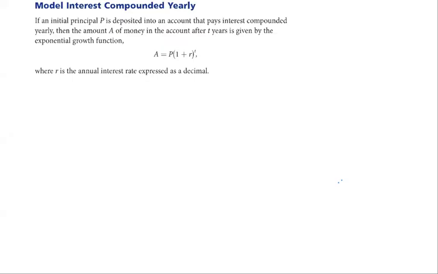Hello, one. So we have a model interest problem that is compounded yearly. So we have a formula right here, which usually we are asked to remember, but I will go ahead and try explaining why this formula makes sense and how we can make it easy to remember. For that reason, let's assume we just have a savings account,